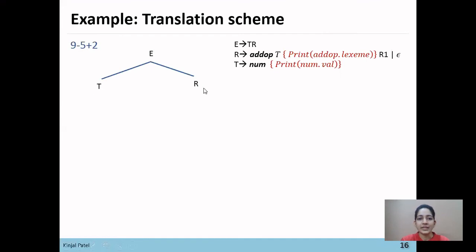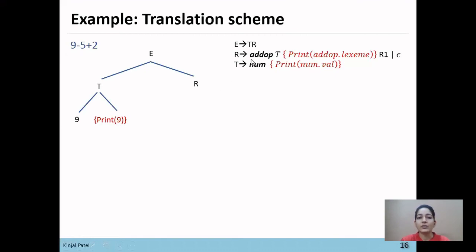E derives TR, and from this T, the number will get executed. T derives number and prints that number. The first number is 9, so the 9 will get printed in this translation scheme.